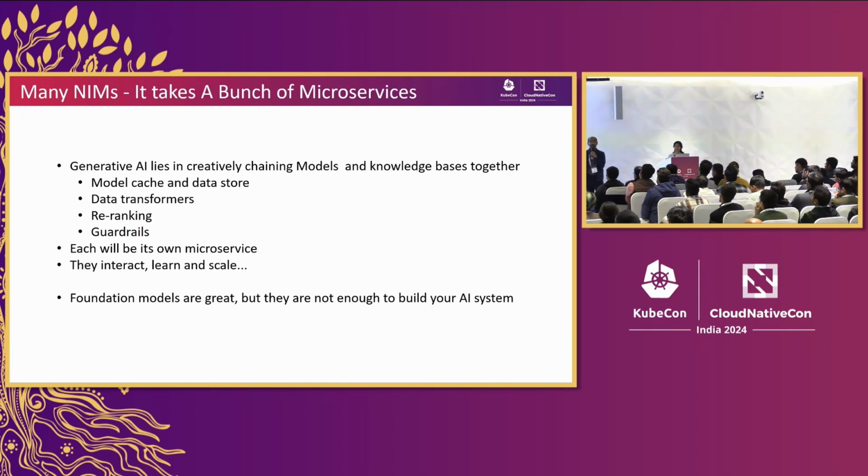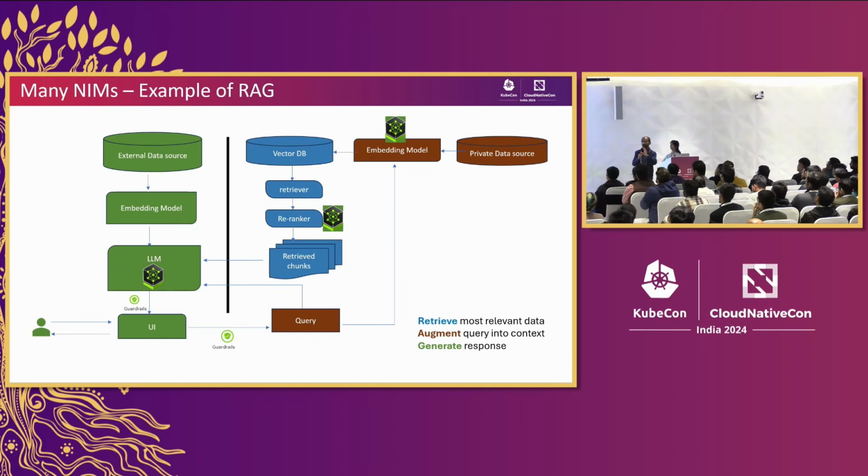And then you also need security guardrails, so that the data, or the inferencing token that is going out, is not inappropriate for your content. It also doesn't leak any of the operations. So you need a lot of guardrails in the system. Each of them is another AI model, another AI engine, another AI microservice. So that is where we said one NIM is not enough. You need an army of NIMs to ensure that your AI system is in place. To illustrate that, and to see how you can quickly develop and deploy that in Kubernetes, we'll have a demo also. Now, we will take a text-based RAG as an example.